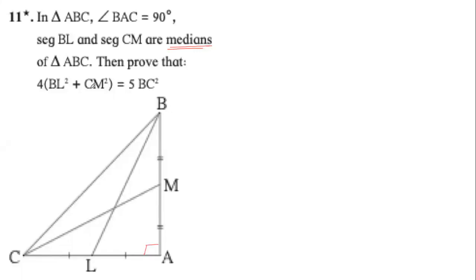Then we have to prove this. Looks so difficult. 4 has come, 5 has come, already it has become big. No, it is not difficult. Let us understand how we start understanding the question, how we start taking the first steps. And for all these proof questions, we have to very clearly understand what is given and what has been asked. What is asked is about BL.